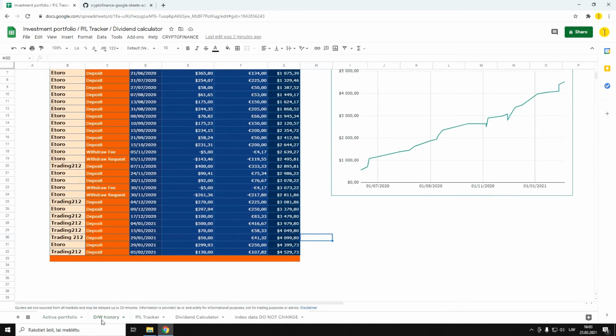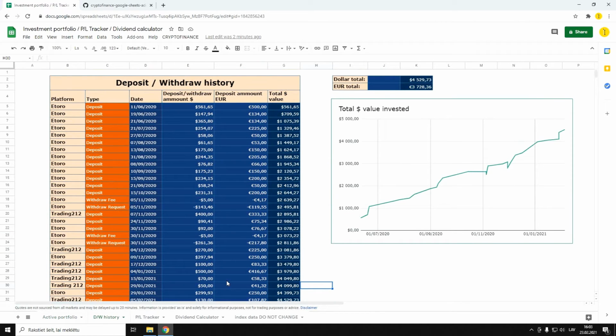Now let's go to the deposit and withdrawal history tab. And arguably, this is the most important part in the whole spreadsheet. If you are lazy, this will give you the most inaccurate readings of your total portfolio returns. So do not skip this area. Really go through every single deposit and withdrawal you have had into your brokers in history, and put down each deposit and withdrawal. If you do not do this step, I cannot guarantee that you will have an accurate reading of your